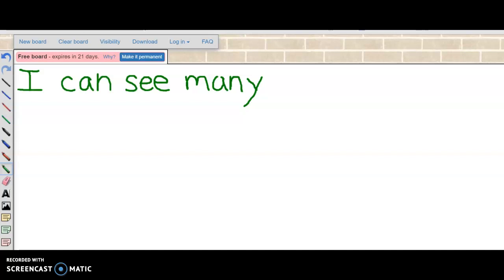Now we're going to write this word signs. That's a tricky word. Magic C S, then I hear the I. It has a silent G, magic C G, down and turn. Dive down N, magic C S. I can see many signs of, leave a finger space for the O, dive down F, of,